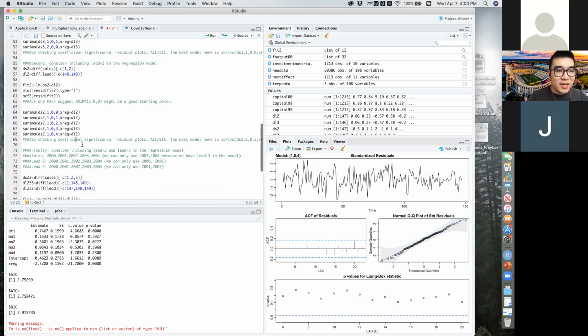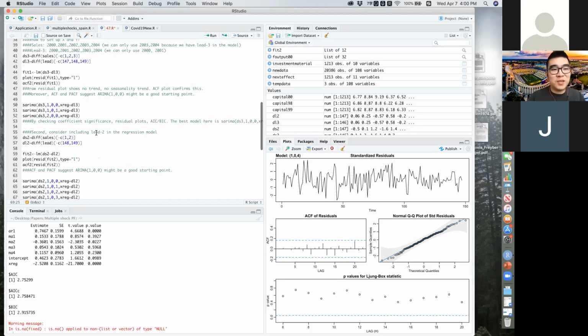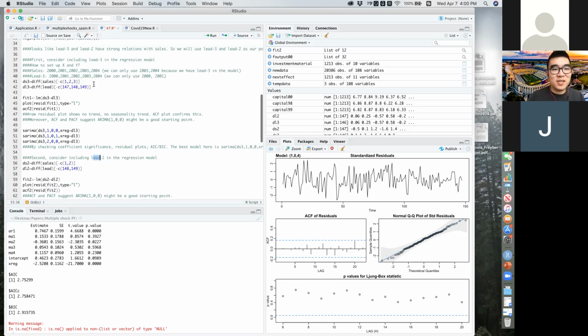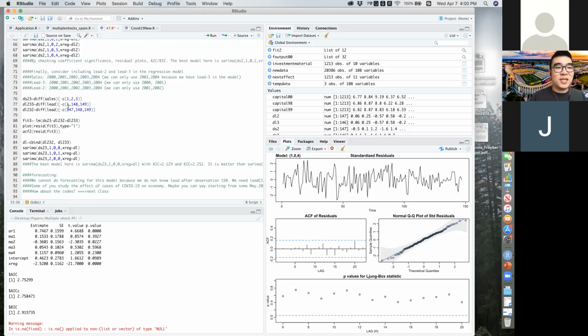So it looks like the second model is a model that we do not want. We do not want lead minus 2. It seems like lead minus 3 is currently the best model. And the final thing that I do here is that I try to include lead minus 2 and lead minus 3 simultaneously in the model. But in order to do that, you need to be very careful with the data